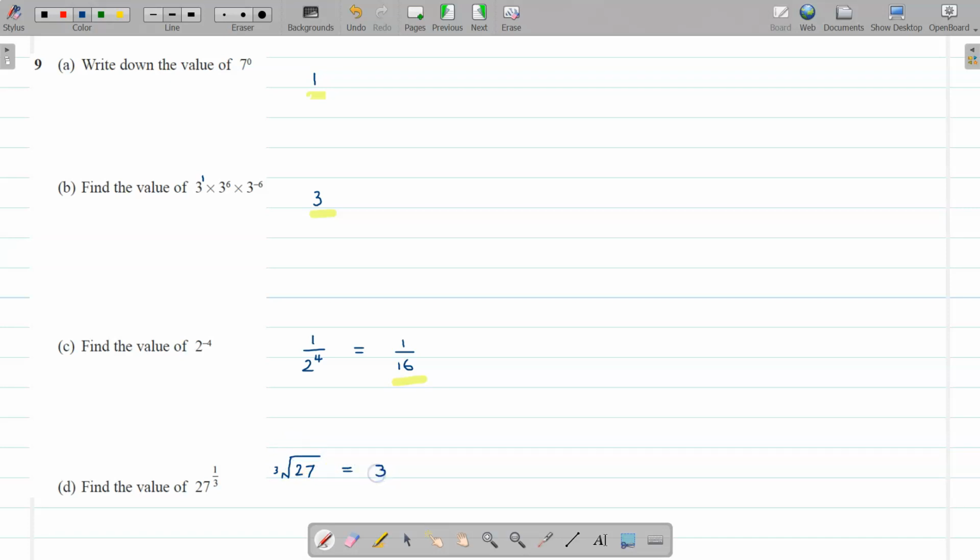Okay, so 27 is one of the cube numbers that you're supposed to know. You're supposed to know 1 cubed is 1, 2 cubed is 8, 3 cubed is 27, 4 cubed is 64, and 5 cubed is 125, and then 10 cubed is 1000. Okay, you should learn those. Next,